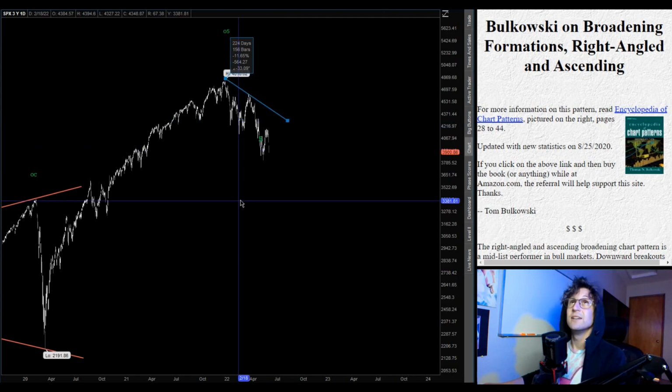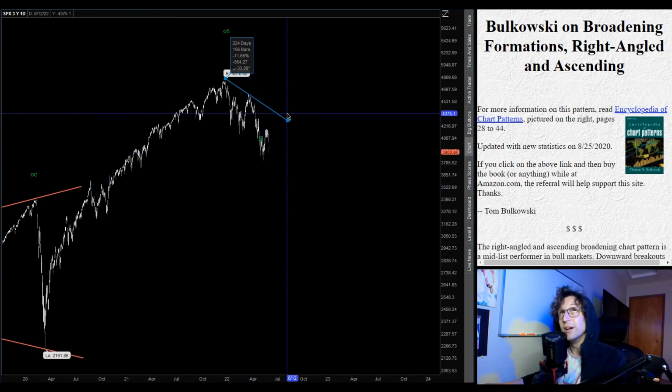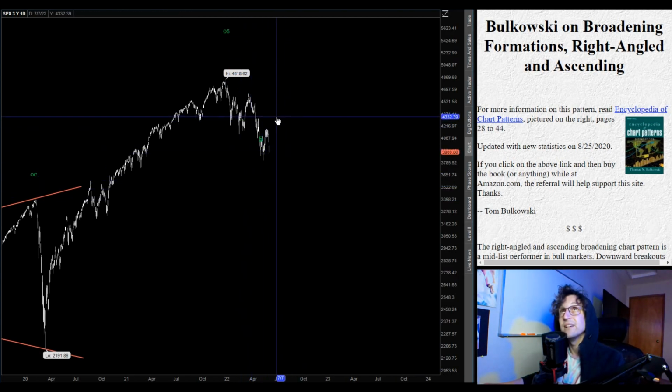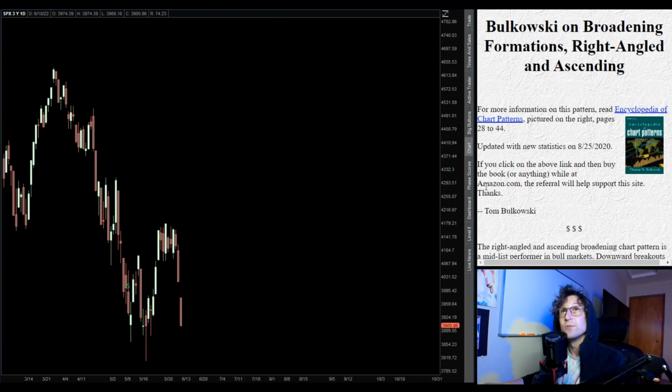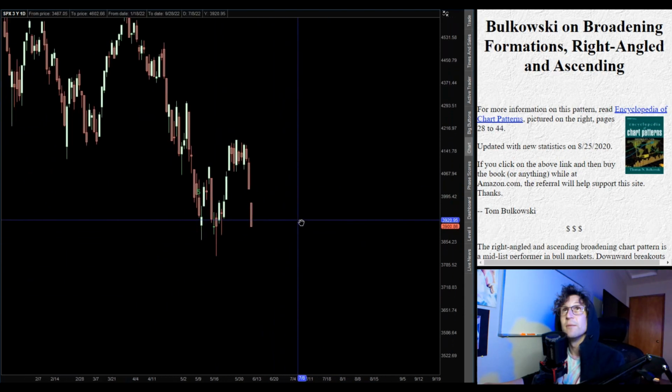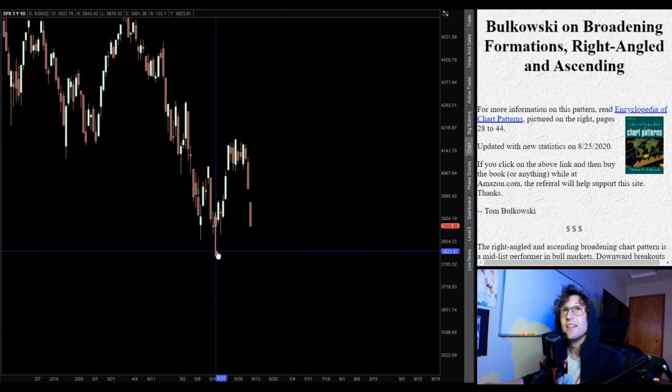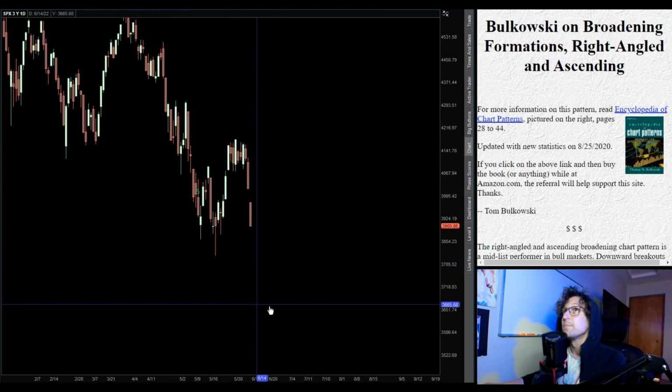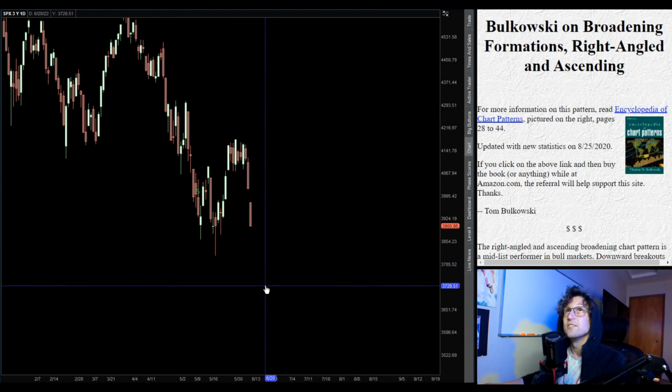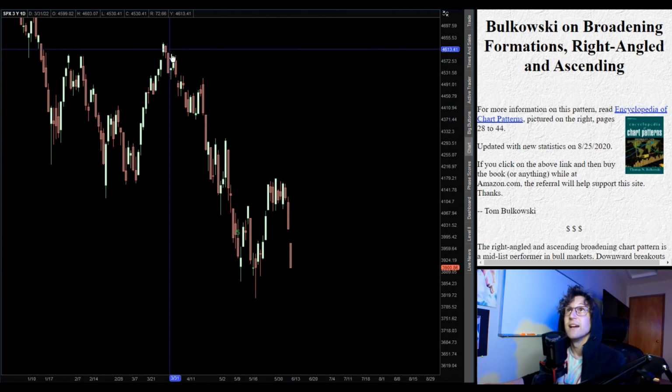This could be done, or we're going way down to 3,500, and we're going to get the answer as soon as we see the price start dropping again below that low of 38.10, 3238.10. That's going to be, hey, pain train time. It's going to hurt. Now, this is interesting.